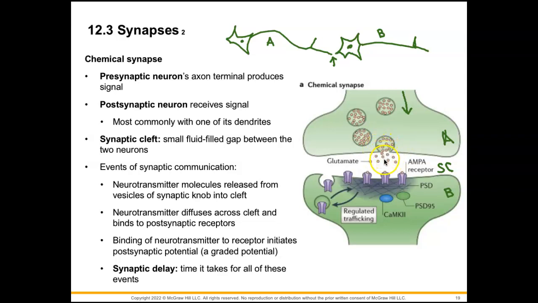And now the neurotransmitter, in this case, this neurotransmitter's name is glutamate, is going to diffuse across this cleft and will make it over and bind to these postsynaptic receptors. When the neurotransmitter is binding to these receptors, they help initiate something known as a postsynaptic potential or a graded potential. And again, we'll talk more about what that is in the coming slides. So through this chemical synapse, we experience what's known as a synaptic delay. And that is the time that it's going to take for all of these events to take